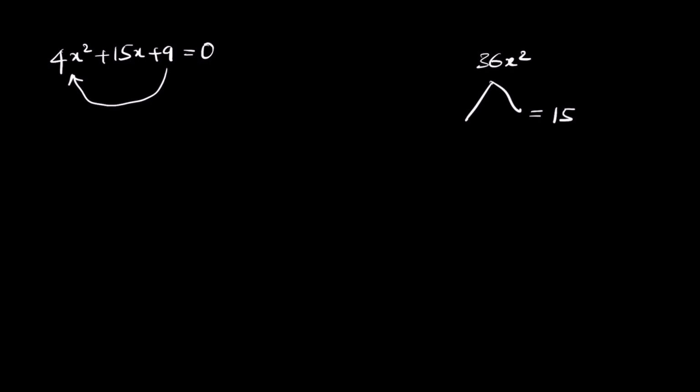So next, let's try a little more complex factoring problems. So let's say we have 4x square plus 15x plus 9 equals 0. So again, multiply the first and the last term. That becomes 9 times 4 is 36x square. So we have to split it in such a way where you should get 15. So one way of writing 36 is 6 times 6, or you can write it as 36 times 1, or you can also write it as 18 times 2. So these are all the versions that you can write for this problem.